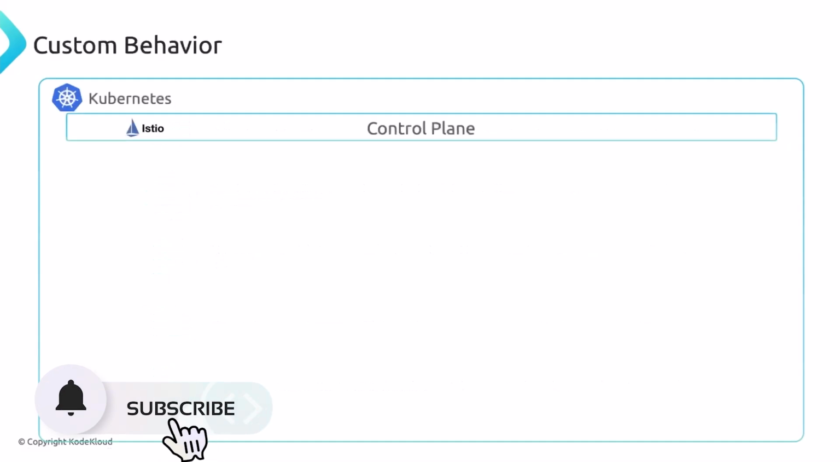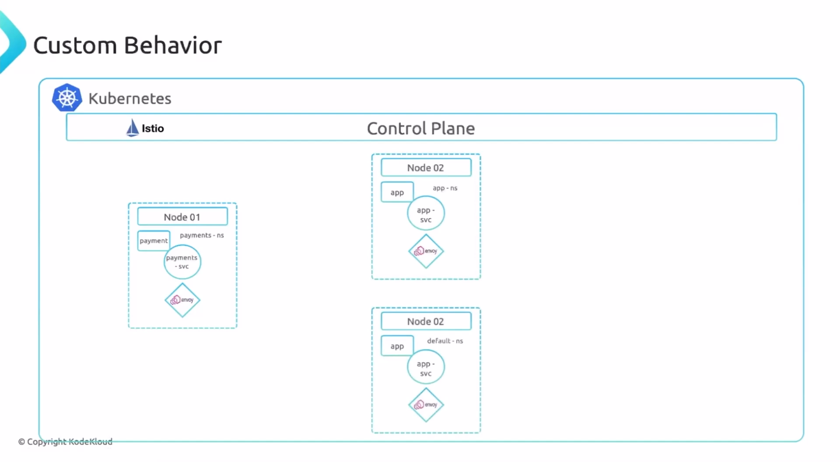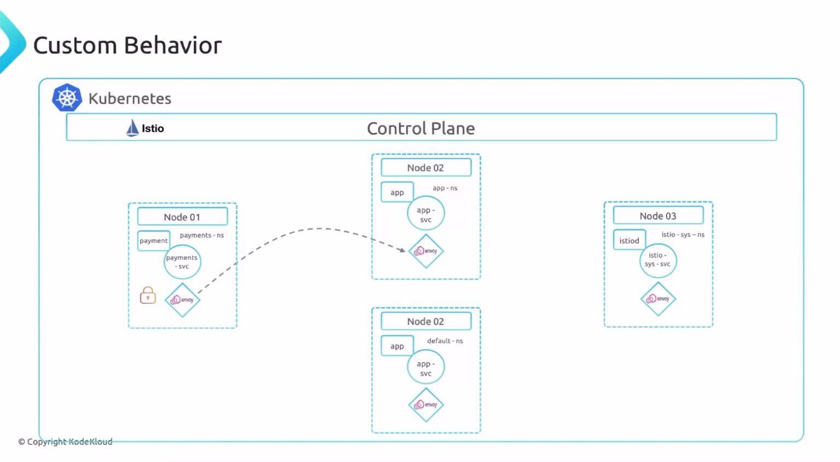You can go with the default behavior, and more often than not, that's sufficient, but you might want more fine-grained control over the sidecar's behavior for specific namespaces. For example, you can specify that the payments namespace can only communicate with the app namespace and the Istio system namespace, but deny everything else. You can enforce this type of policy if you really want to control what traffic goes in and out. Like I said, the default behavior is usually sufficient, but if you did want that control, you can add that